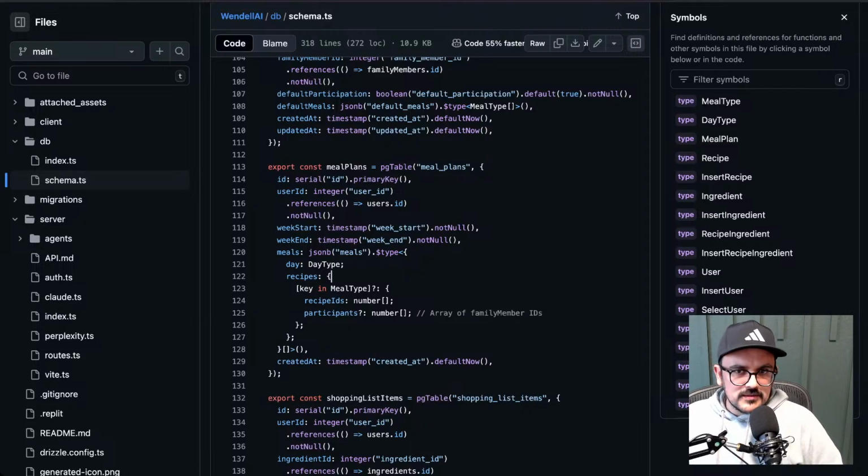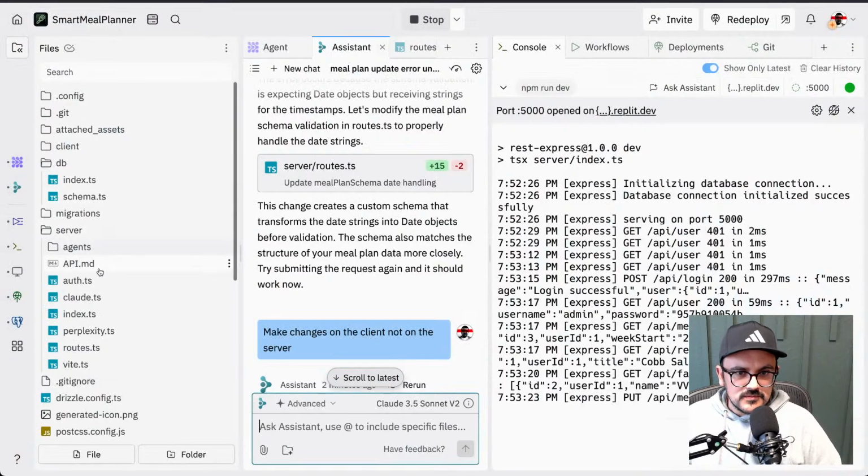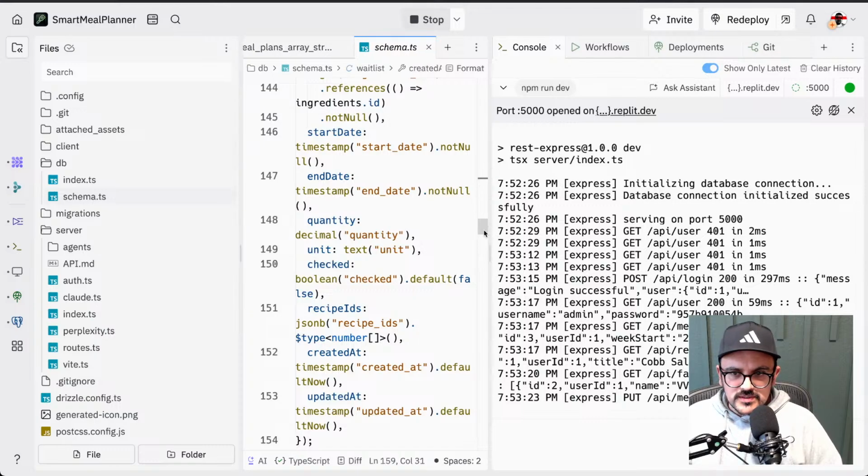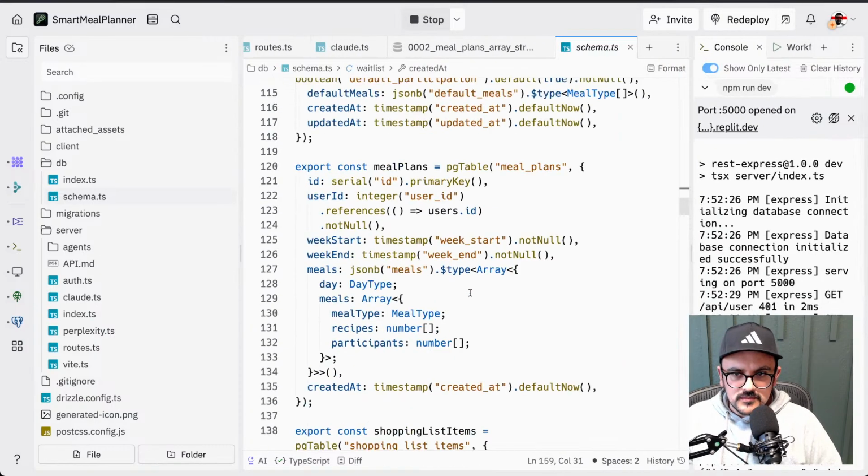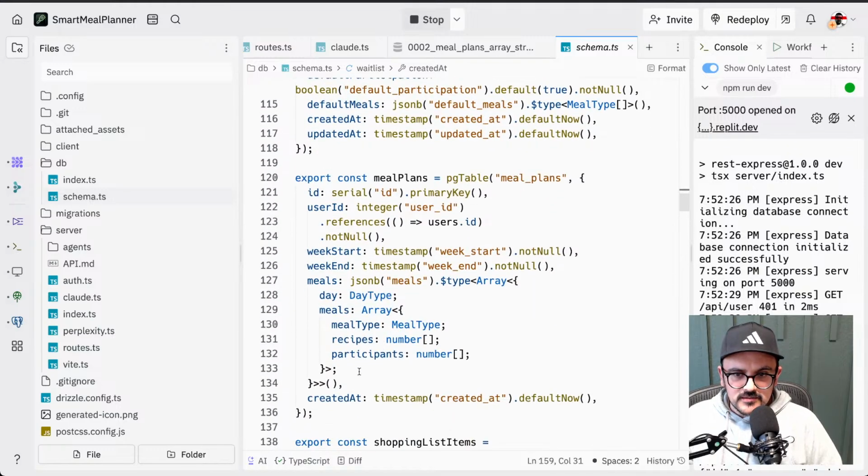And now what happened? I go to schema. Meal plans is defined here. So this was